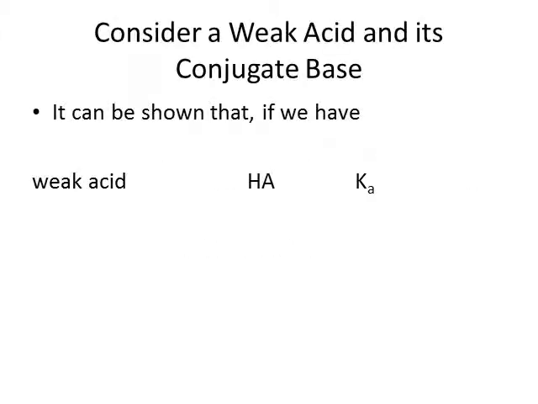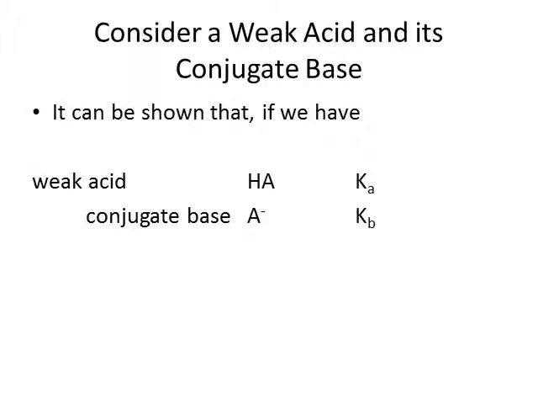Now, if we have a weak acid, HA, any weak acid, with an acid ionization constant Ka, then by corollary, each weak acid has its conjugate base, A minus. This conjugate base would have a base ionization constant Kb. And what we want to do is to relate the Ka of this weak acid with the Kb of its